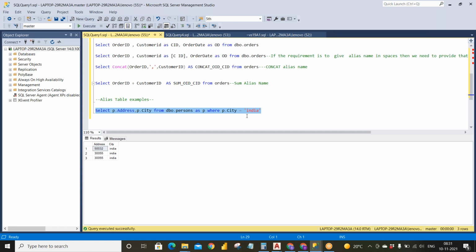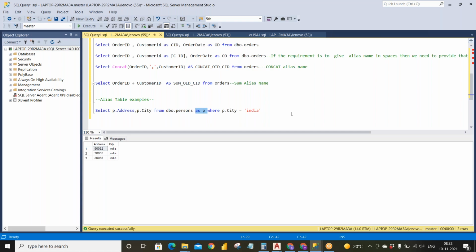But for now, we can think about giving alias names for tables. We need to give the alias with the alias keyword, and for columns we need to give it with the same as keyword. For the columns, you need to mention the alias right after the column name. If you want to mention the alias for the table, you need to mention the alias name right after the table name. So this is about alias.